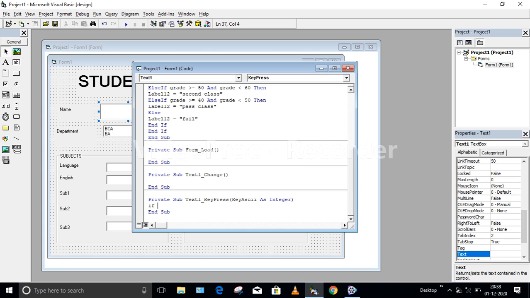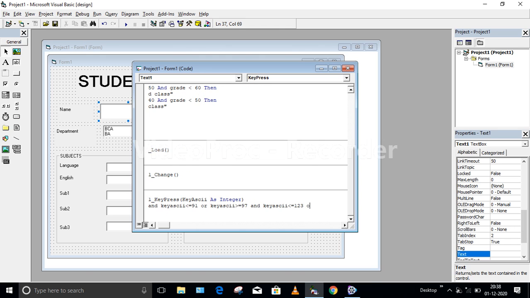Here I will write if key ASCII is greater than or equal to 65 and key ASCII less than or equal to 91, or key ASCII greater than or equal to 97 and key ASCII less than or equal to 123, or key ASCII equals 32, or key ASCII equals 8, then